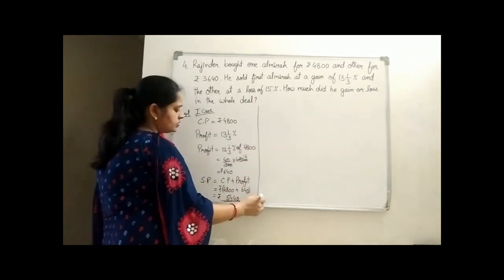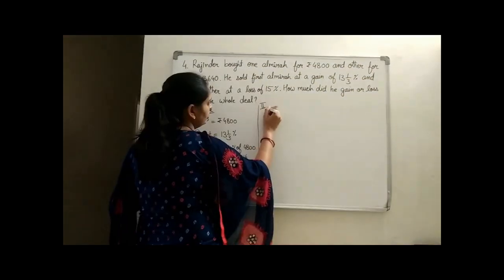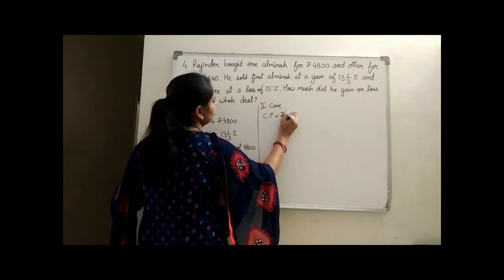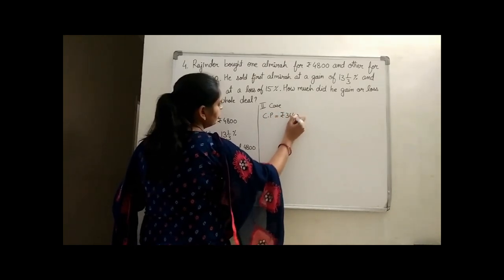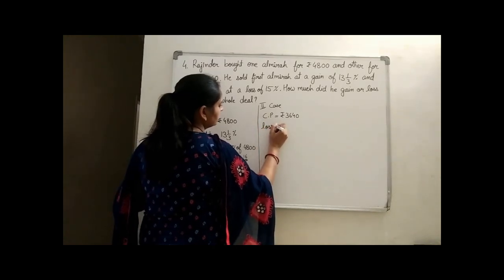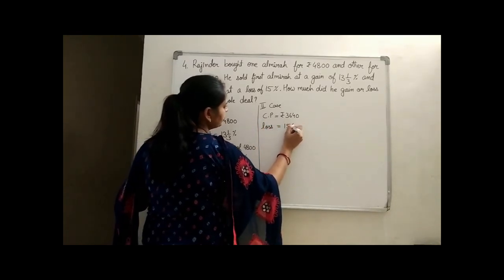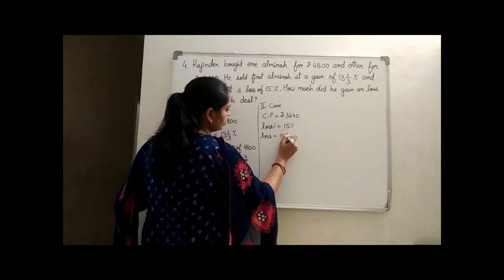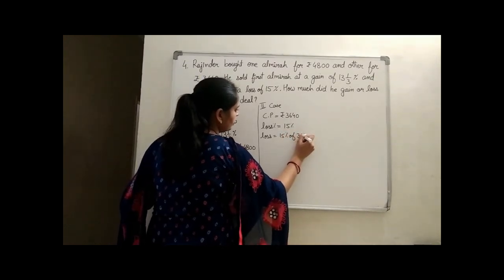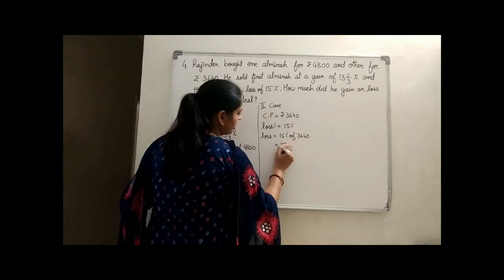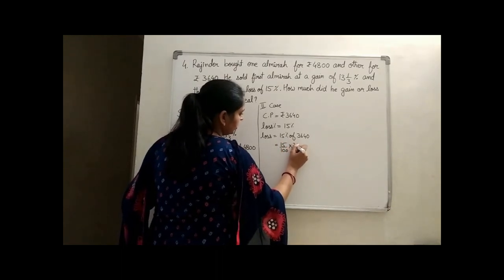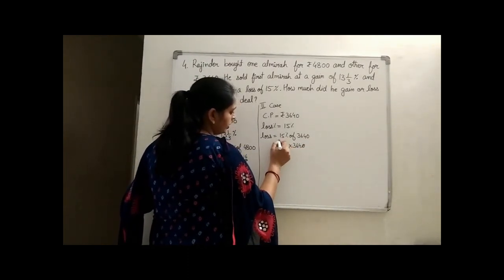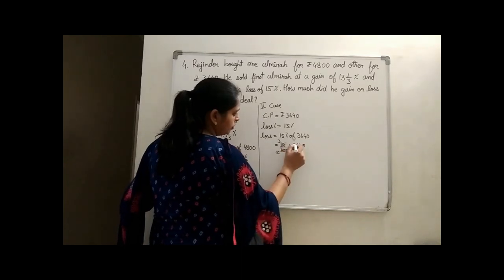Now second case, in the second case the cost price is given rupees 3640 and he is bearing a loss. Loss is given how much? 15%. Loss percent is given 15%, so loss amount will be equal to 15% of 3640. That means 15 upon 100 multiplied by 3640. Right? So 0 and 0 will get cancelled, 5 3s are and 5 2s are, and you can go for the cancellation here.